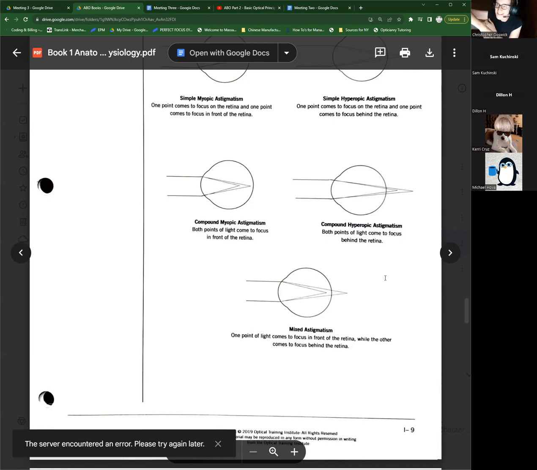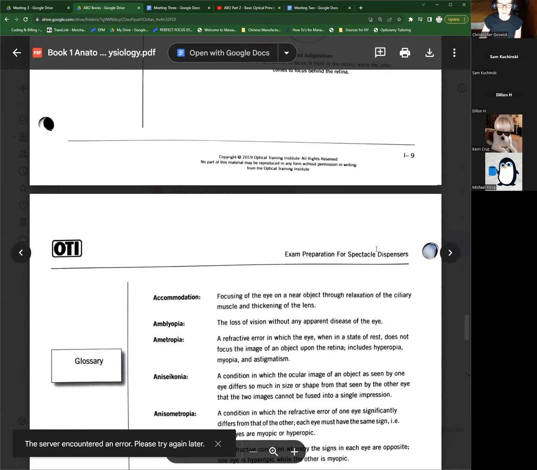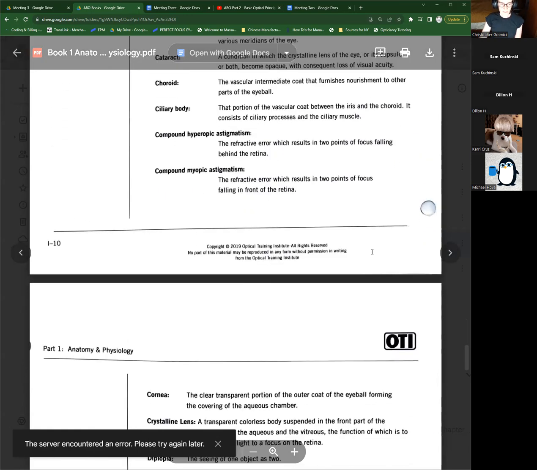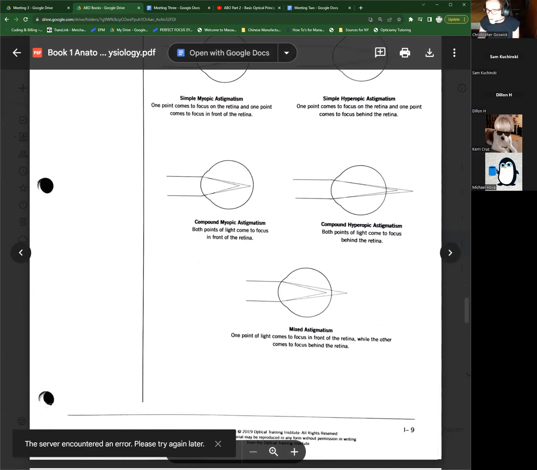The problem is that when you're actually doing the questions, sometimes it'll be like, okay, if the light rays fall short of the retina, is it myopic or hyperopic? And it's like, okay, cool. So you can use the pictures, but then all of a sudden you get into the actual prescriptions. And I find that that gets tricky, or at least I definitely have a little bit of trouble with that. So what I wanted to do was just draw those out a little bit,